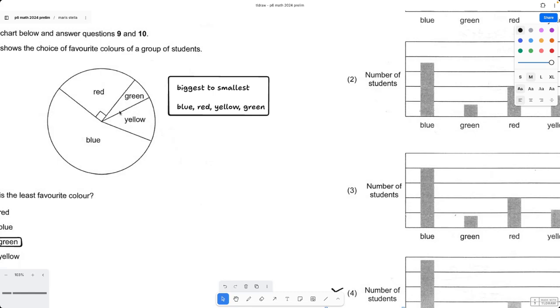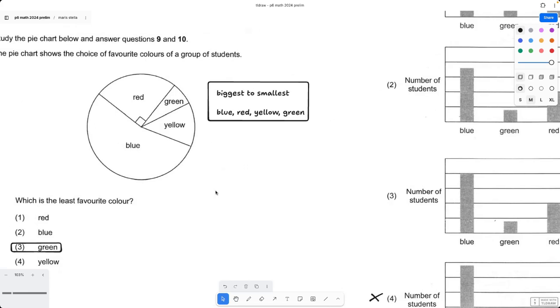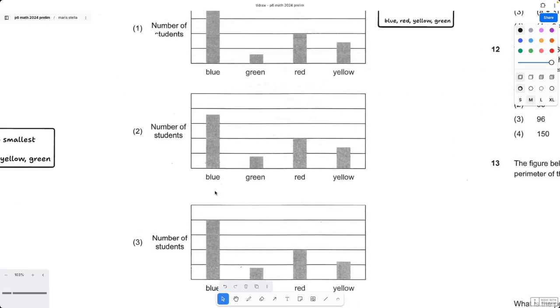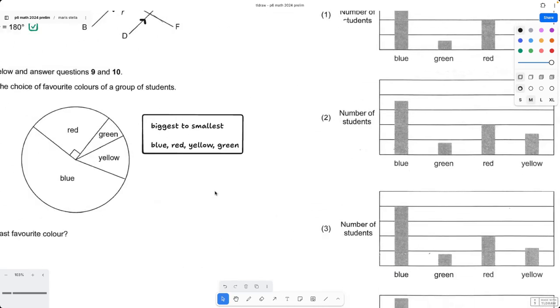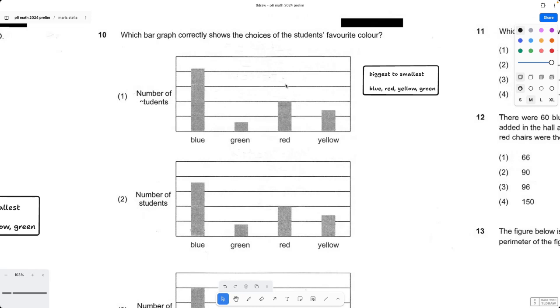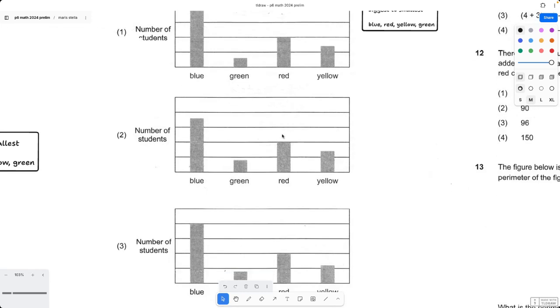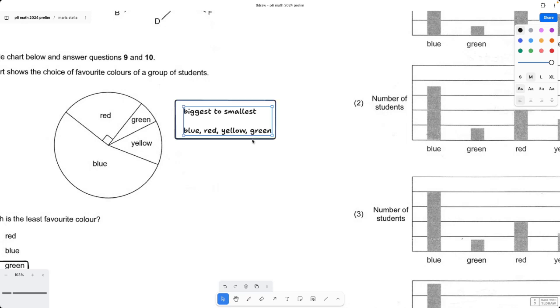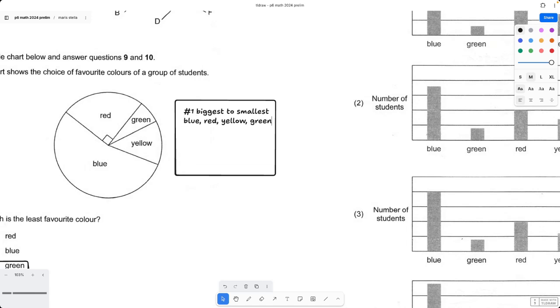Okay, so we know that red is 1/4. So red is 1/4, right? Blue is almost half, right? So in a way, red must be almost half of blue, right? So almost half of blue like this one. Okay, and then let me write here. So number 1 is this. So number 1, biggest to smallest is blue, red. Number 2 is